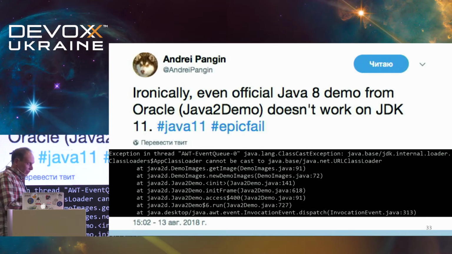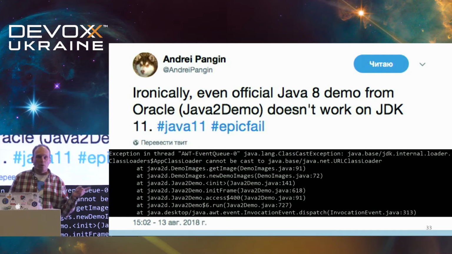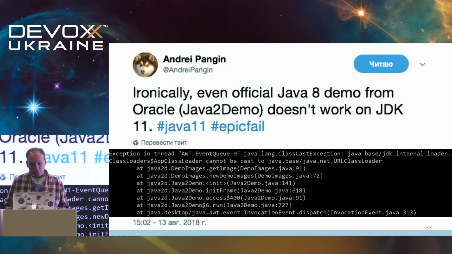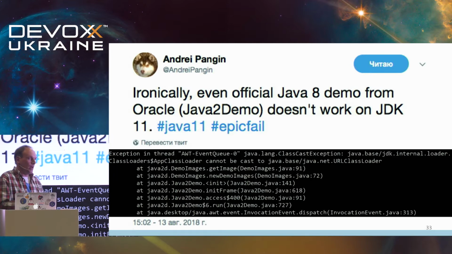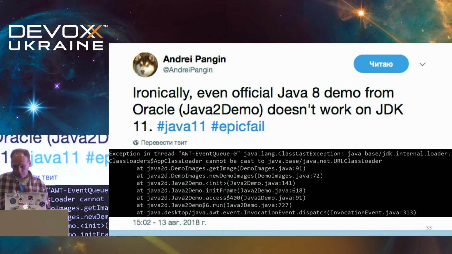By the way, it is not a backward compatibility problem from the JDK point of view again, because the Java specification never claimed that the application class loader extends URLClassLoader. So it is a problem of the Java2Demo application, not of the JDK. It is a classic example of reliance of a Java application on unspecified behavior. But anyway, you may have similar problems when you switch to Java 9+.